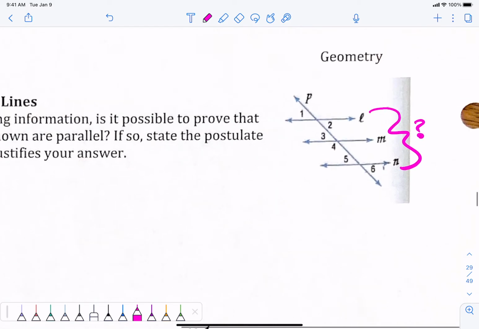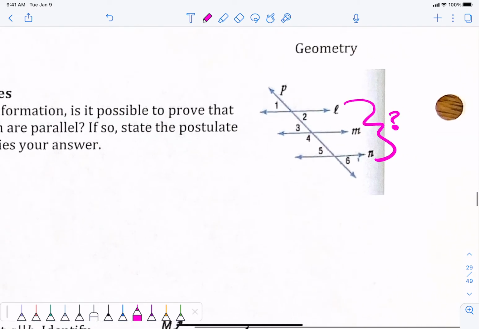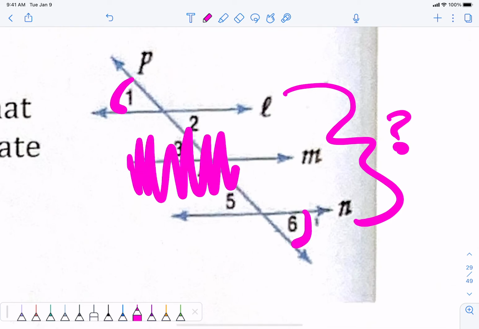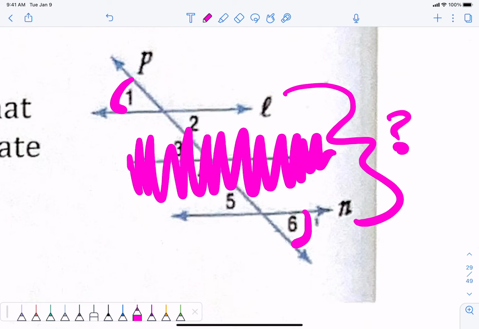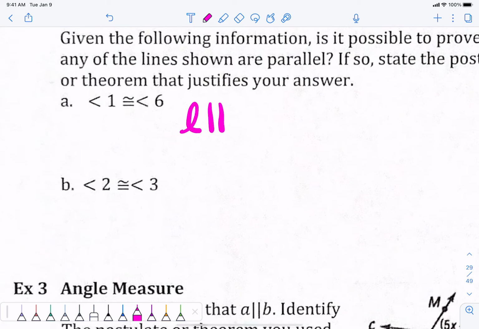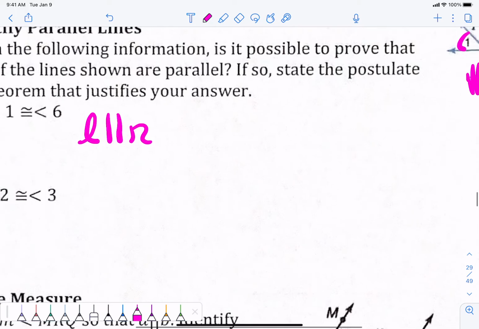So, I don't know that any of those lines are parallel, but I do know that angle 1 is congruent to angle 6, okay? So if that's the case, ignore M as that parallel line, we're only looking at L and N, right? So if I say angle 1 is the same as angle 6, is that enough to show that L and N are parallel to each other? Yes, so we would say that L is parallel to N. That's my symbol for parallel. L and N are parallel because